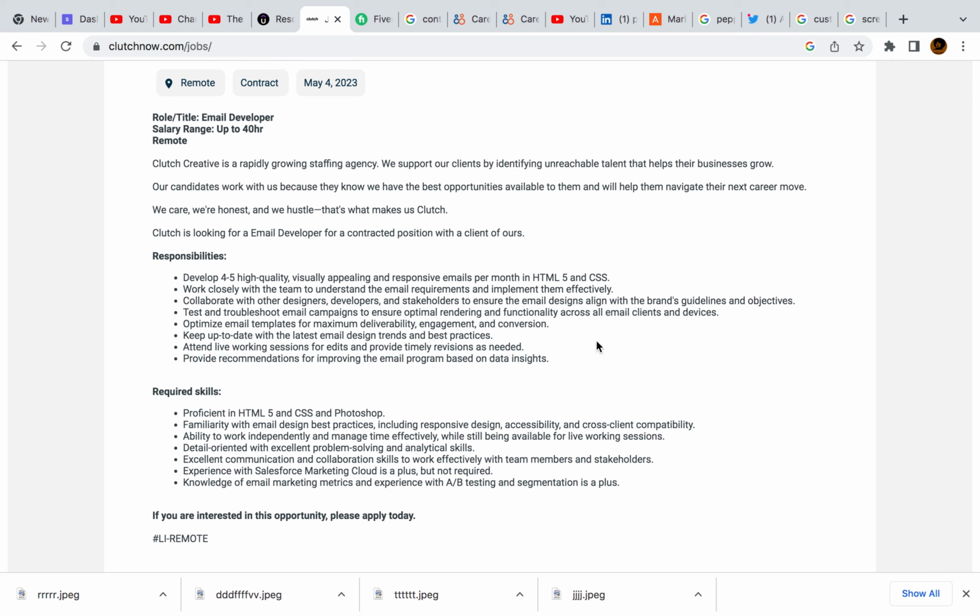Now, this means basically, if you have something that's going on with your, I'd say, your email template, and if you render it and then it comes back and the LOB or the client said, well, they need some things changed. Why does this look this way? Or can we do this? Can we do that? Sometimes you have to get on live work sessions and go in and talk to